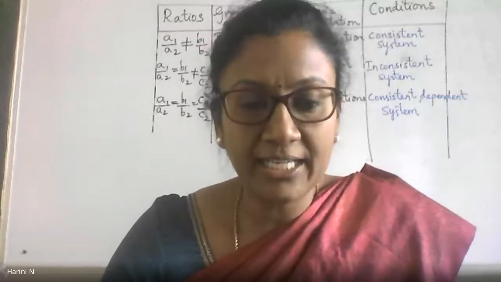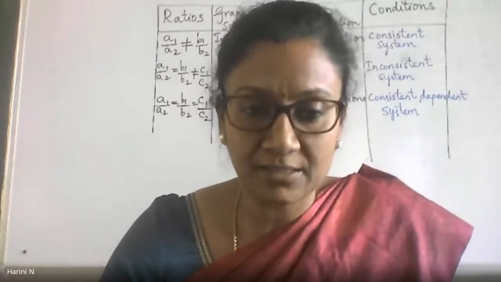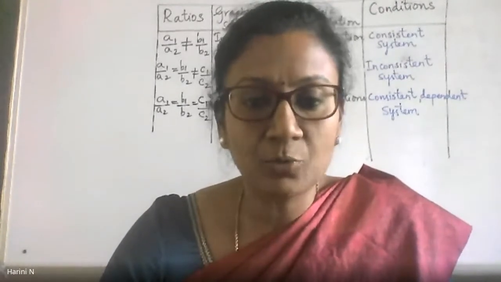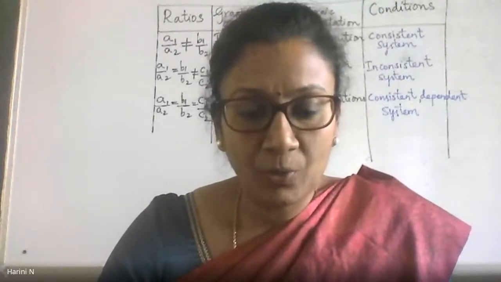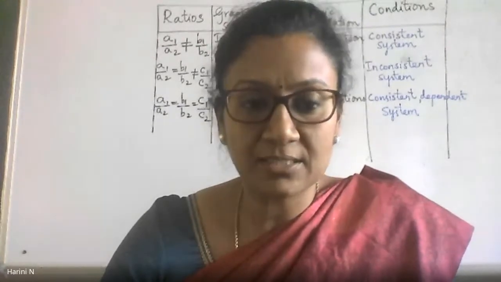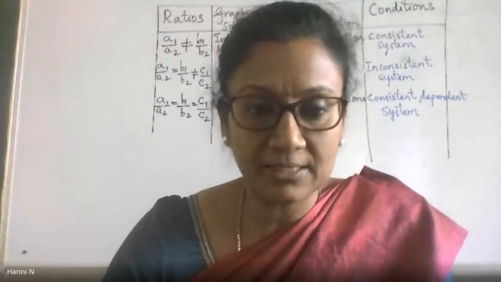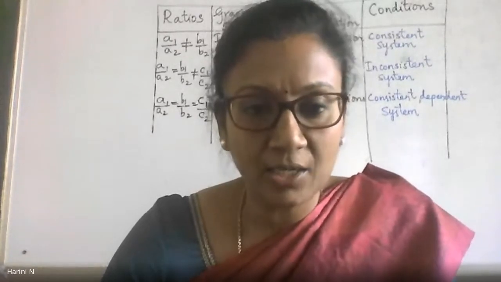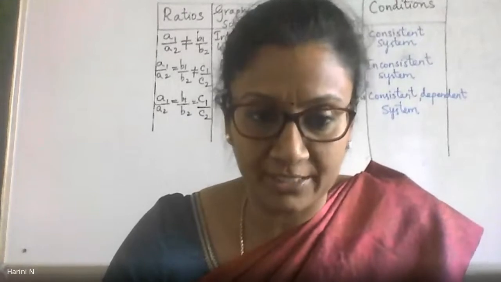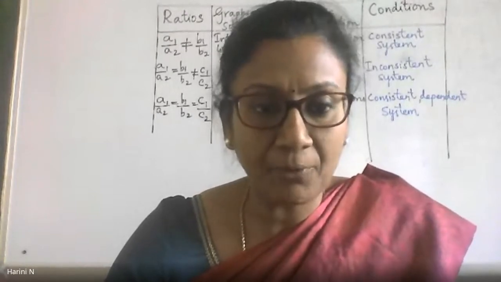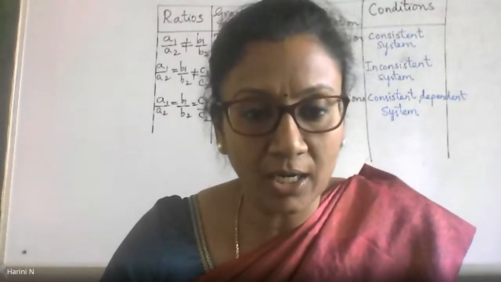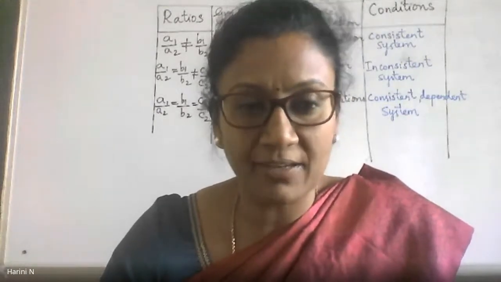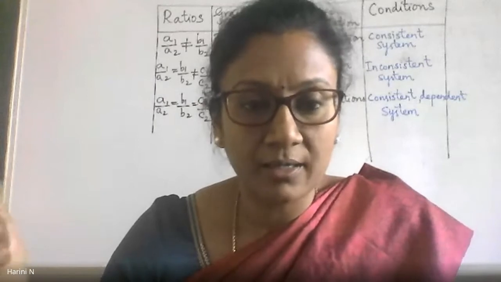We have already dealt with the graphical solutions of a system of linear equations in two variables in the previous class. Now moving forward, with the help of the coefficients of the system of linear equations in two variables, even without drawing the graphs, we will be able to decide what kind of lines we are going to get. This is a very important condition you should be able to recall without any confusion. So we will look at it very seriously and try to internalize it.